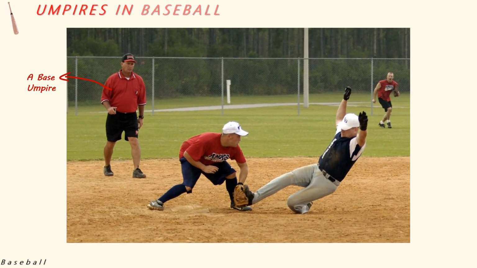The other 3 umpires are called the first base umpire, second base umpire, and third base umpire. Their job is to make decisions about whether runners are safe or out at their particular base. The first and third base umpires are also responsible for calling whether balls hit along their lines are foul or fair. And they may be called on by the home plate umpire to advise whether a batter went around on a check swing.